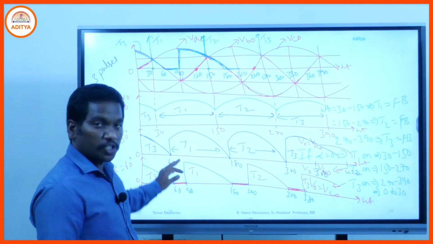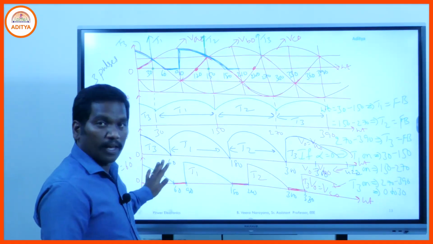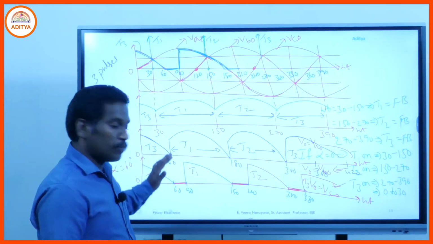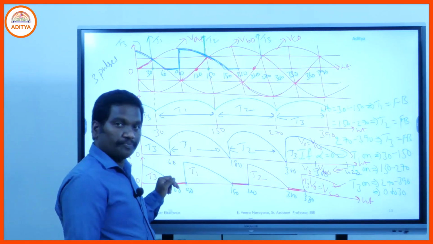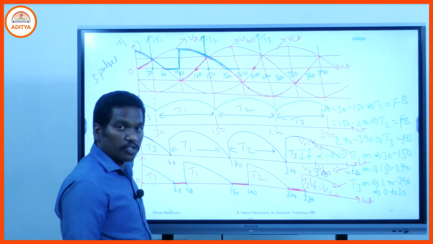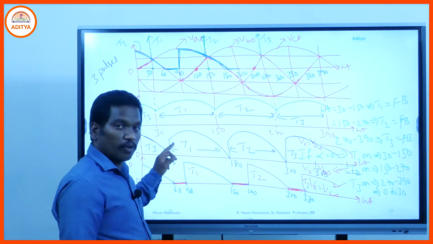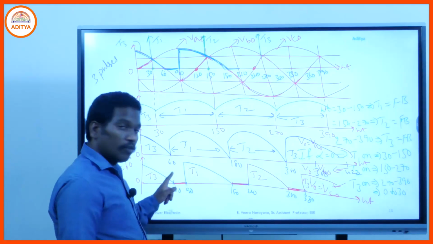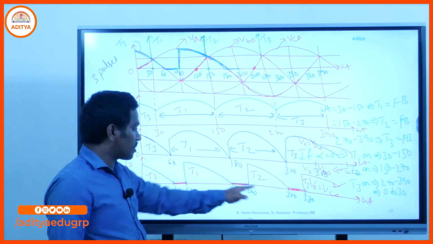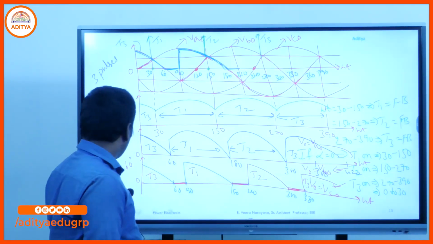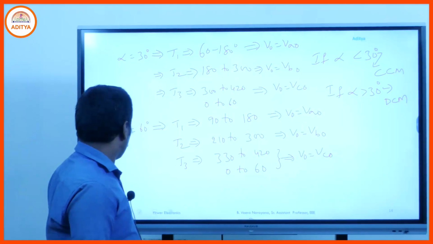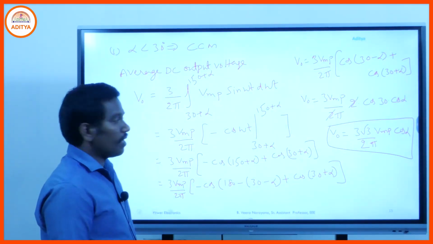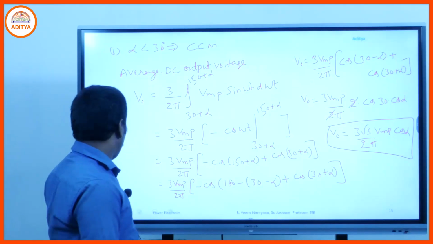Here is the representation of three different firing angles. For the corresponding three firing angles, the output voltage waveform is represented like this. This is for alpha equal to 0 degrees, here it is for alpha equal to 30, and this is alpha equal to 60. For alpha equal to 60 degrees, we have the discontinuous conduction mode, and here is the average DC output voltage, 3 root 3 Vmp by 2 pi cos alpha,